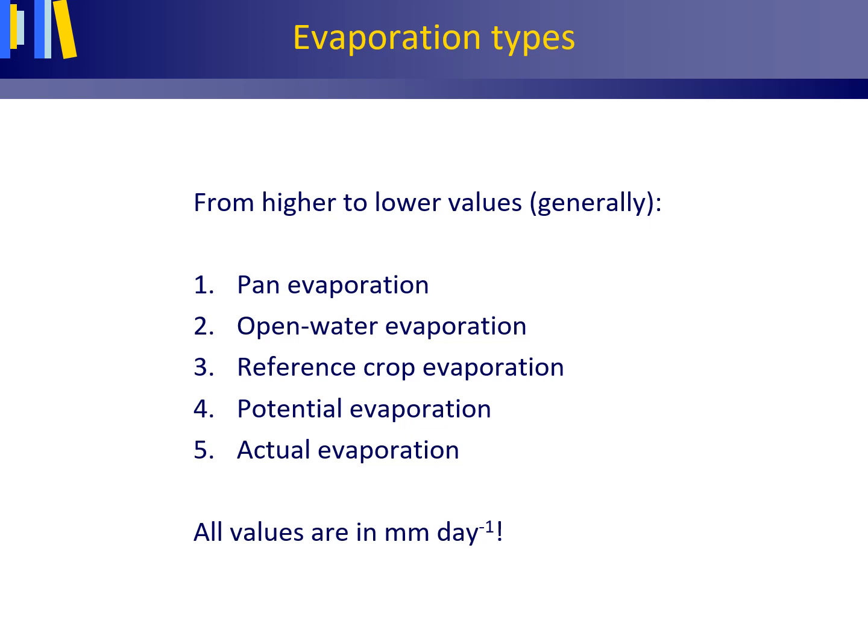When we rank the evaporation types that we just discussed, going from high to lower millimeter per day values, this is the general ranking that we would obtain. Pan evaporation will generally be higher than open water evaporation, as just discussed, which in turn will be higher than the reference crop evaporation. The reference crop evaporation is the potential evaporation of an idealized grass crop, and this reference crop evaporation serves as a reference value for determining the potential evaporation of other crops. So this potential evaporation usually is smaller.